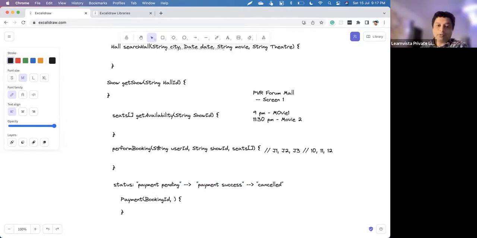You will get the amount in this case. So you have to put the booking ID. Booking ID, you may have to also input the amount, right? And you may have to input the payment method. And